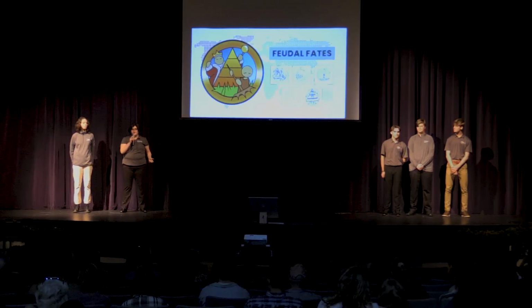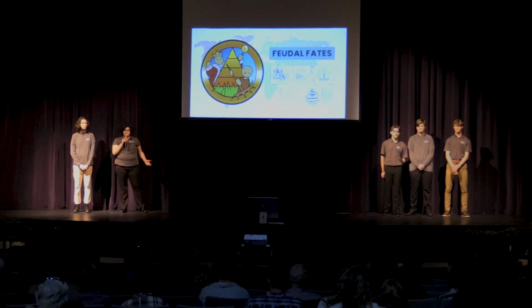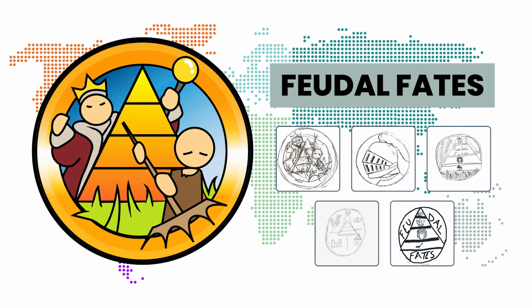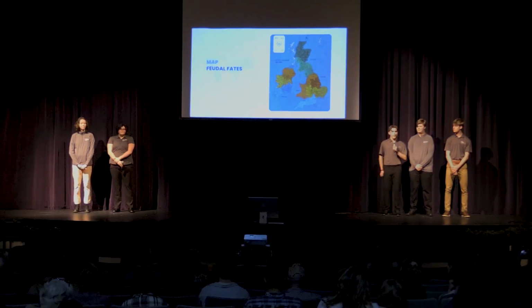I was responsible for creating a few map icons, the name for our simulation, and this logo for it. After looking at our teammates' designs, it was decided that we would move forward with mine, because it represented how the feudal system's classes tied into the feudal pyramid best. The feudal pyramid is the most commonly used visual to show how the feudal system's social classes work, with monarchs at the top and peasants at the bottom. And since your fate is decided by a warrior born within the system, I came up with the name Feudal Fates.